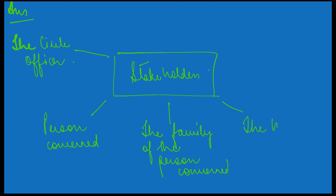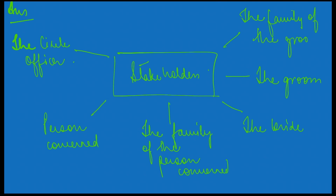The bride, the groom, the family of the groom, police / dowry prohibition agency,